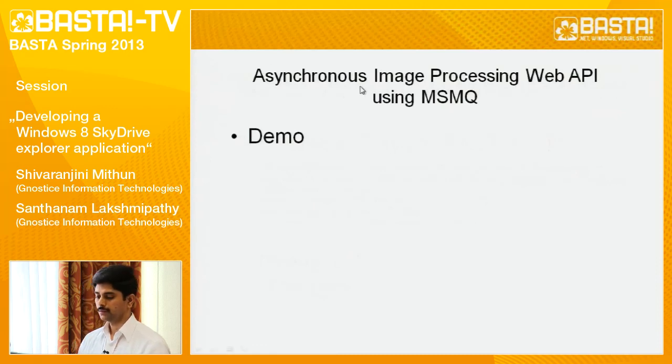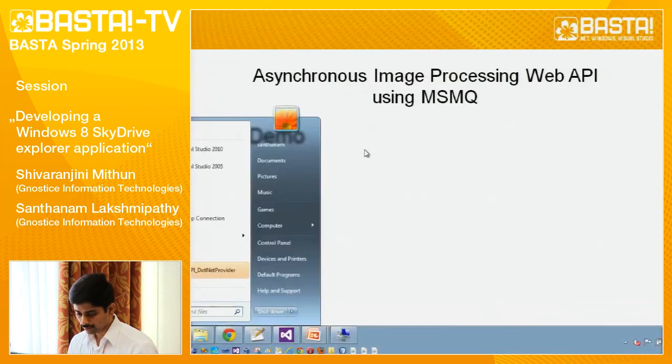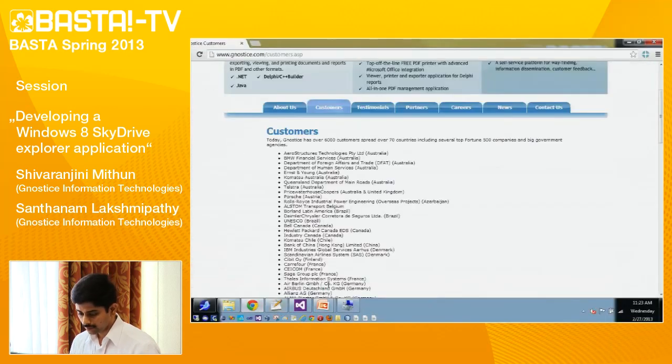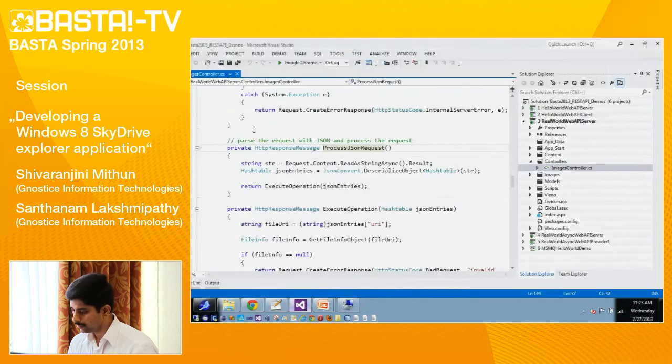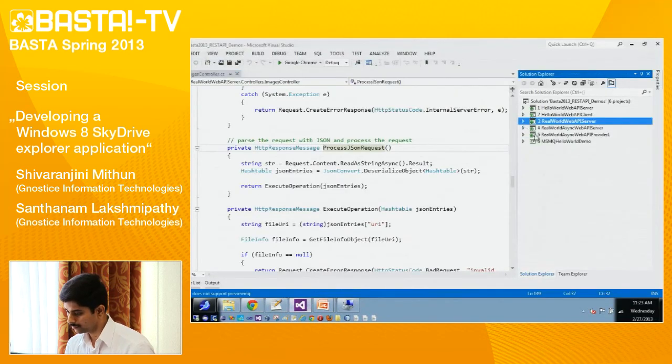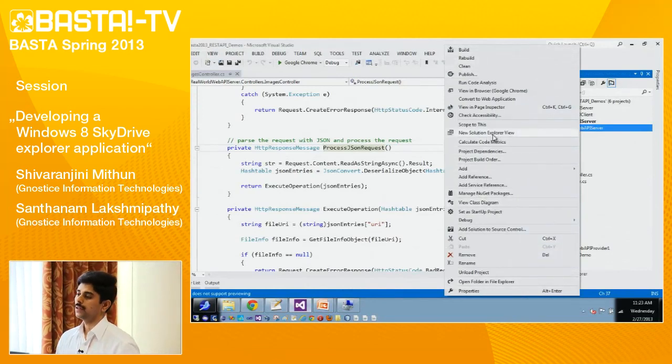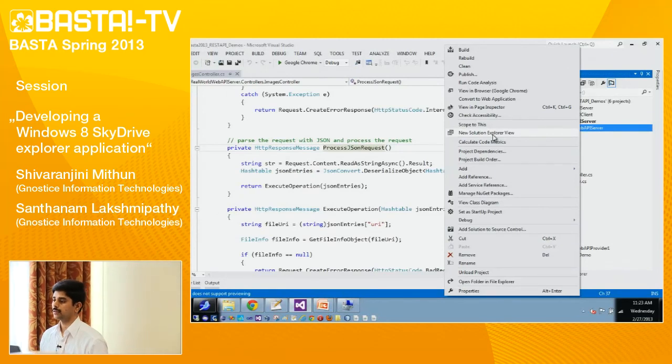Now it's time to see the asynchronous version of the image processing web API using MSMQ. Let me run the project. Here we have two projects: one is the REST API server and the other is the request processor application.